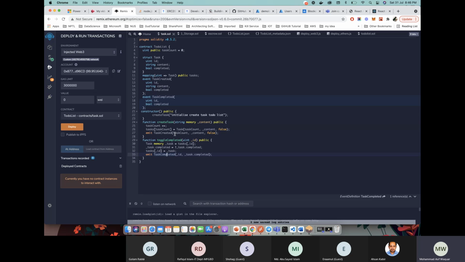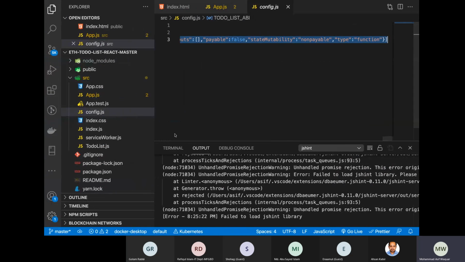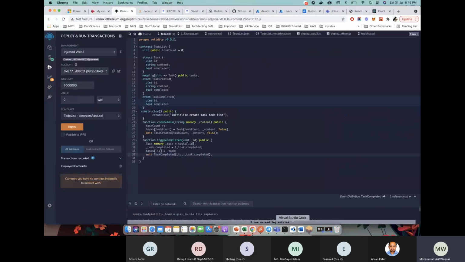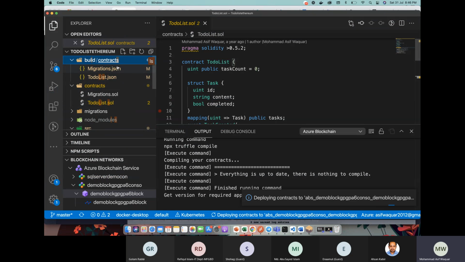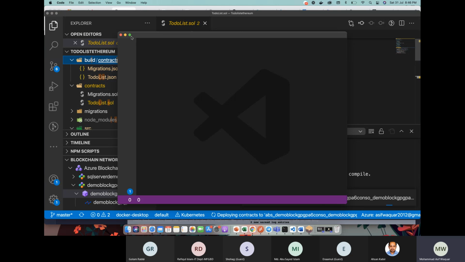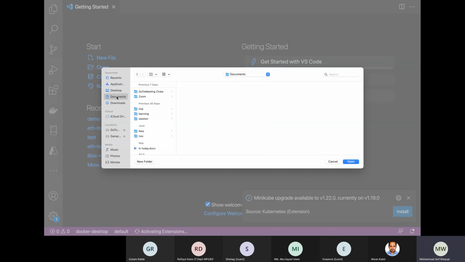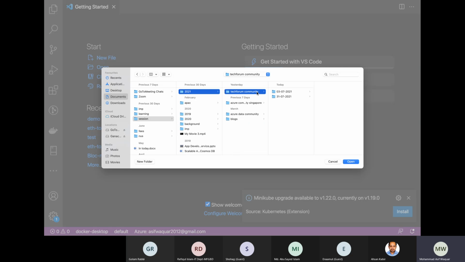You can also do the same with the VS Code extension. I prefer to go with VS Code, so I wrote my smart contracts in VS Code. In previous sessions I also showed how you can create a simple blockchain project from the VS Code extension. Let me show you again. That's the first step: learn Solidity and understand how we write smart contracts in blockchain. And the second thing is